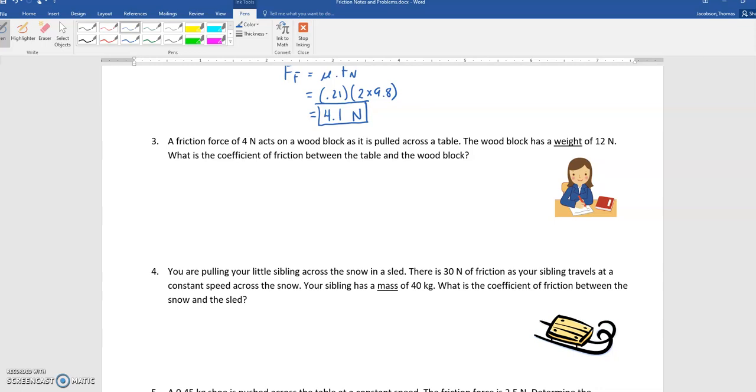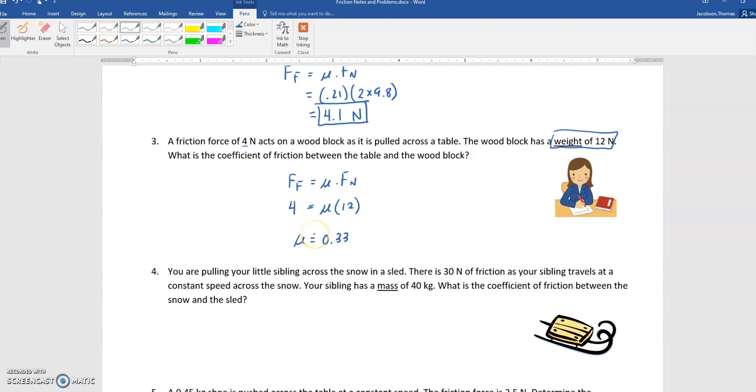All right, 2 more. A friction force of 4 newtons acts on a wood block as it's pulled across a table. The wood block has a weight of 12 newtons. What is the coefficient of friction between the table and the wood block? Okay, so again, our friction formula. We know the friction force, so it's 4 newtons. We don't know the coefficient, so that's mu. The Fn, this is already a weight, that's your Fn, so this is 12. So we would divide both sides by 12, and mu would equal